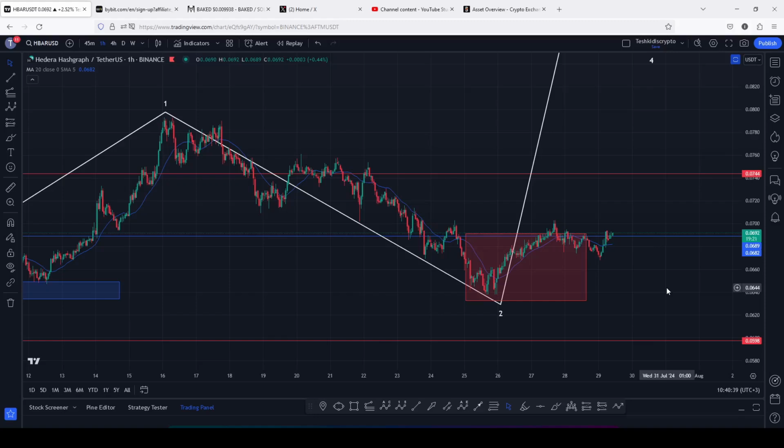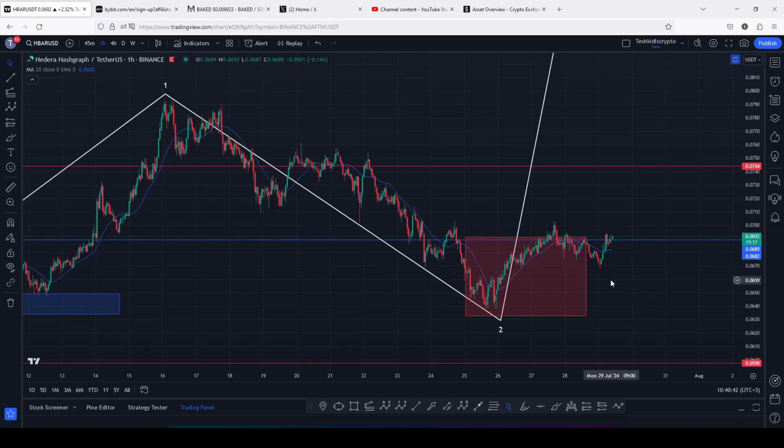Hbar's massive breakout is just getting started, and at the time of this recording we have continued to hold above the 20-day MA here on the 1-hour chart, which is now acting as support for us to continue gearing up. And at the time of this recording we are now attempting a break above resistance at the